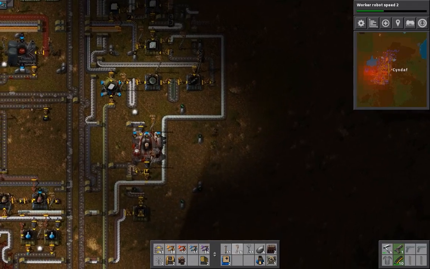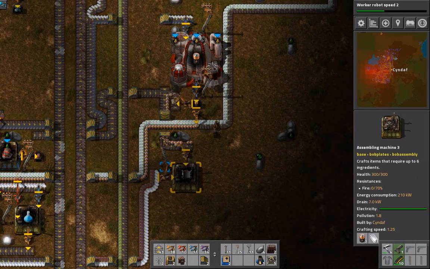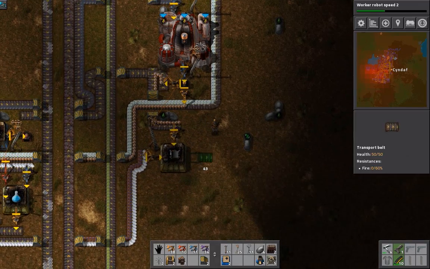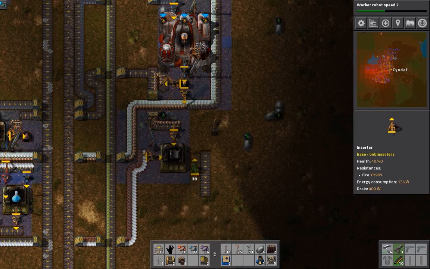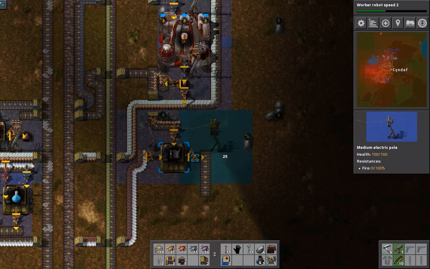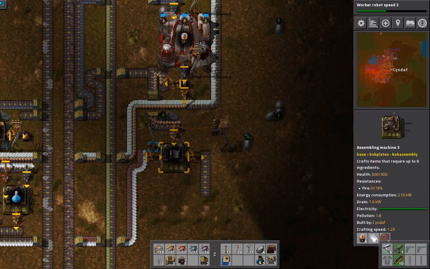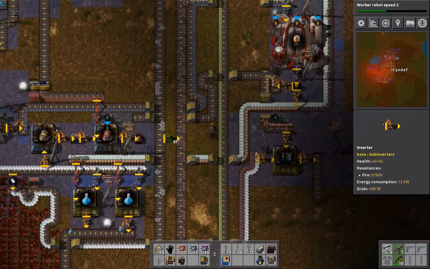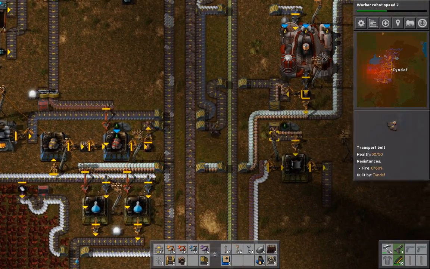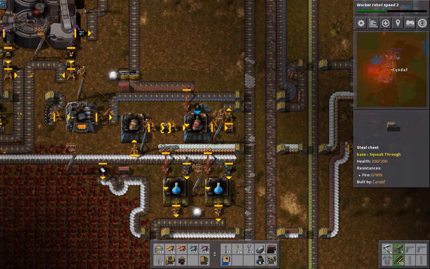Right, flying robot frames are not actually being produced because they're not powered. Now they are. So let's have some of those. They're not actually being produced because they're missing something. Engines, because I forgot to actually output them. There we go. You're not actually producing...